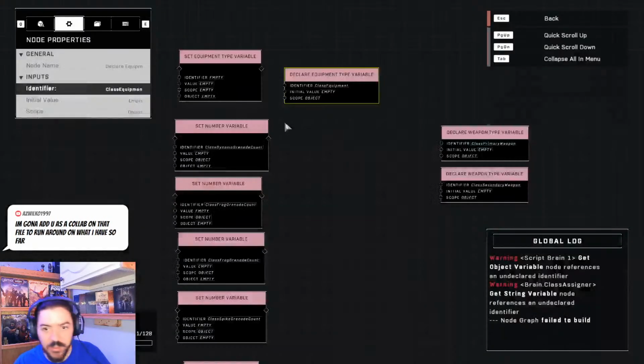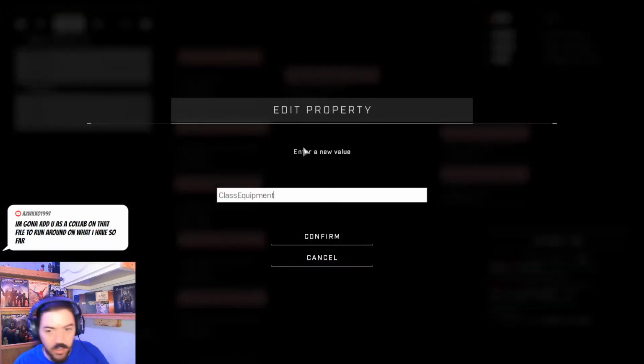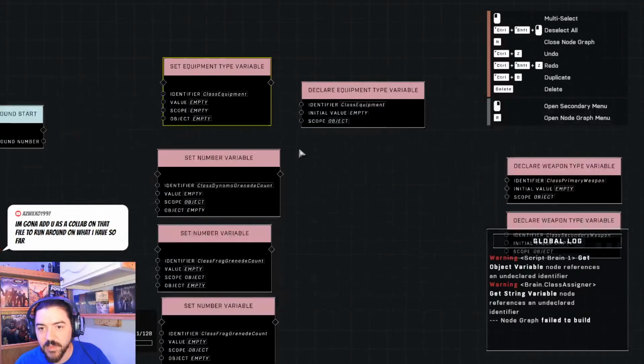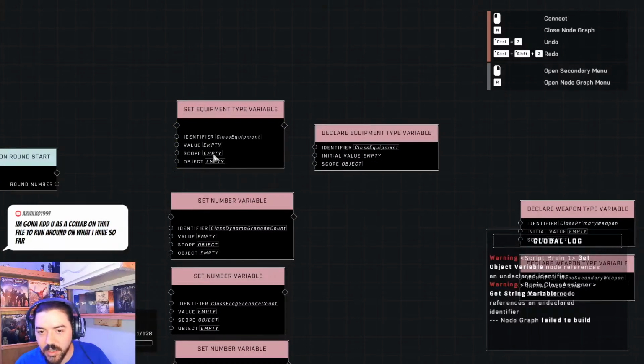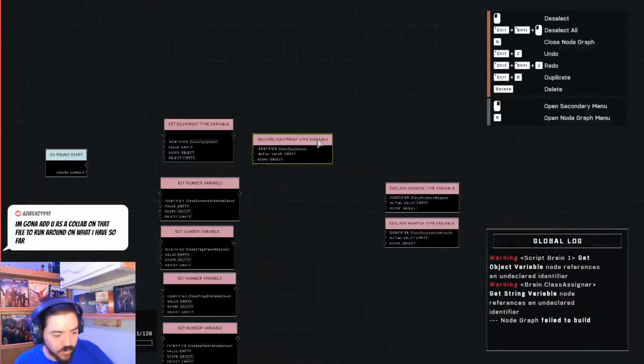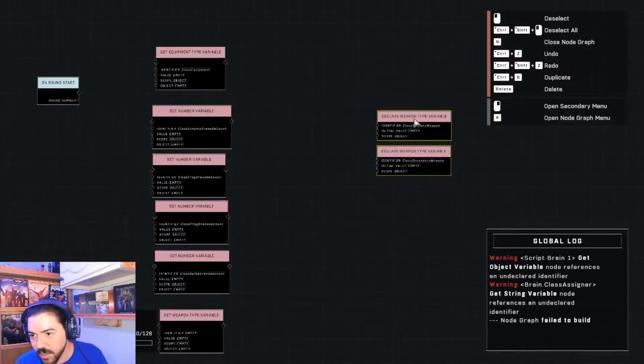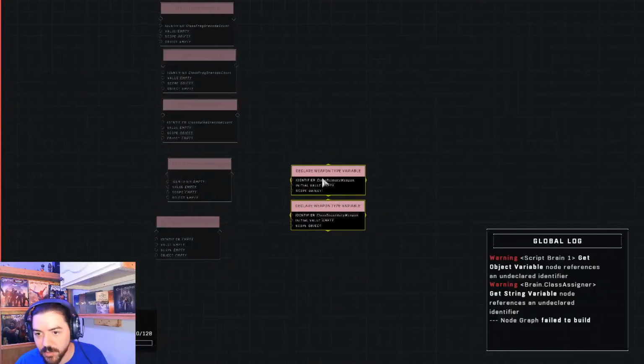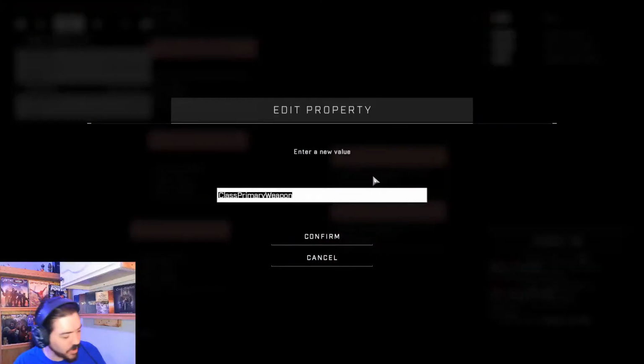Class equipment. Okay. And the scope is object. And we delete that. And then primary and secondary weapons. And what I'm doing here